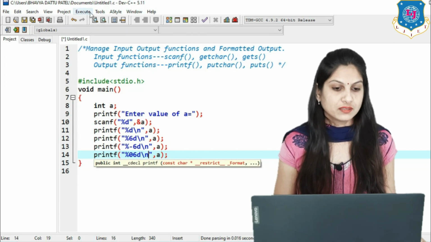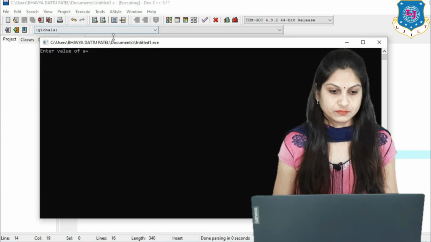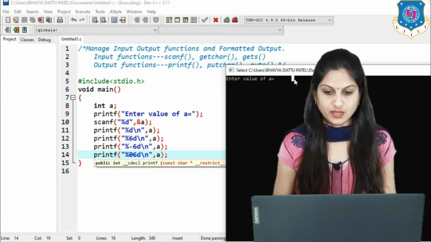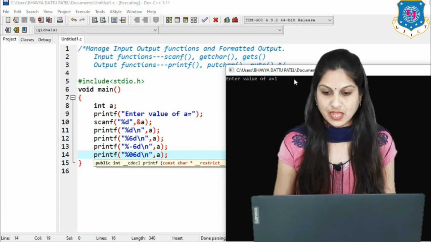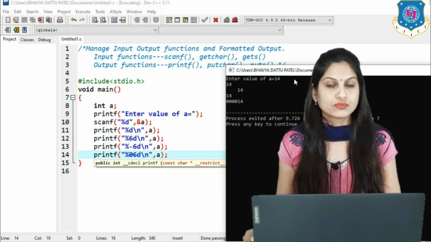And now just check the same output. Enter the value of A. Suppose I am entering the value 14. Then you can find the different formats for 14.